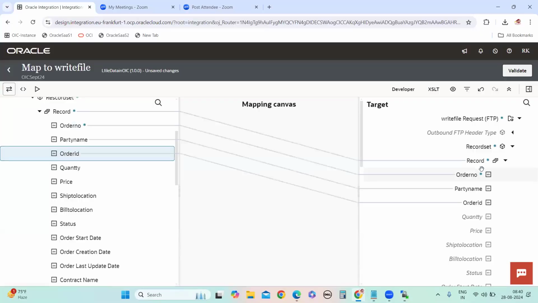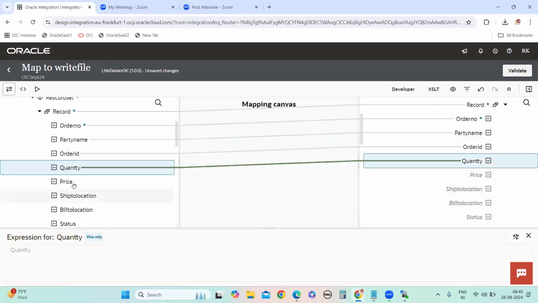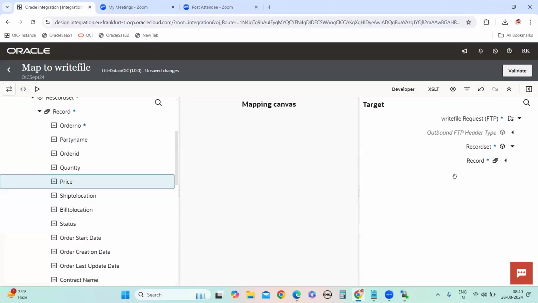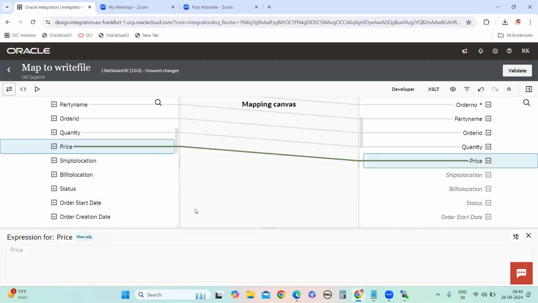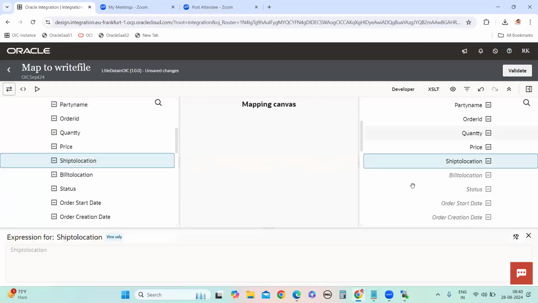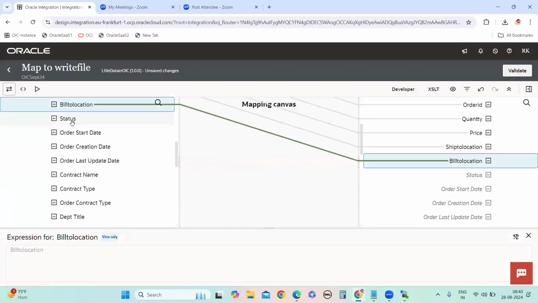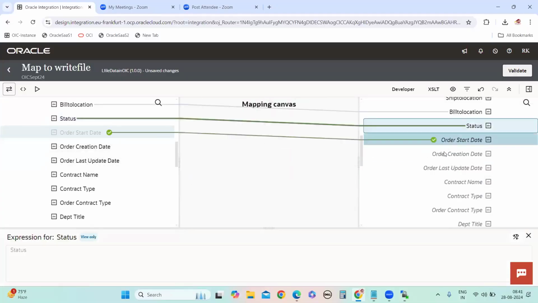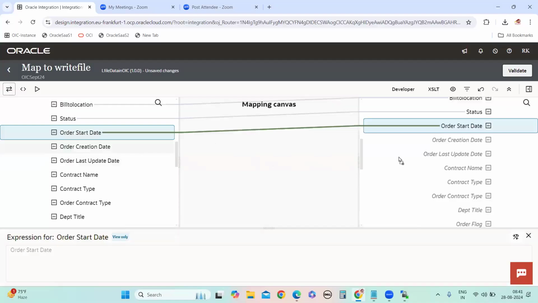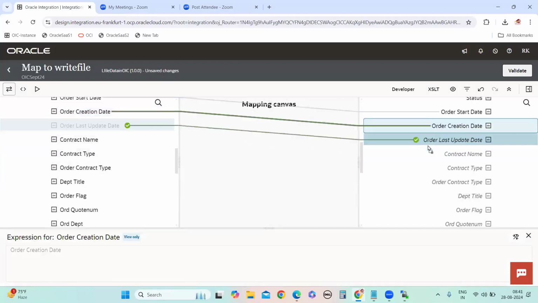You're following, right? Instead of read file, I'm using read file segments. This approach we call read file segments in chunks. Chunks means it divides the data from the file and processes it into a destination system. Order structure, order creation date, order last update date.